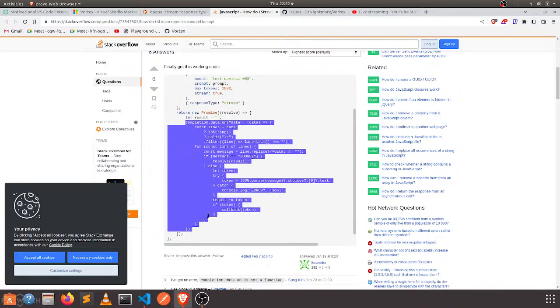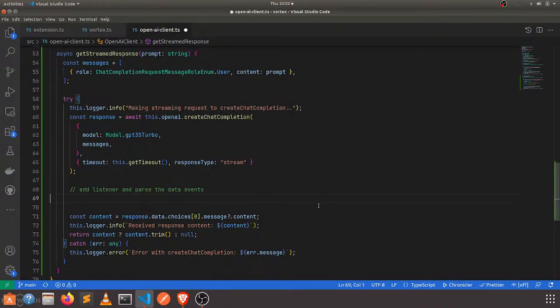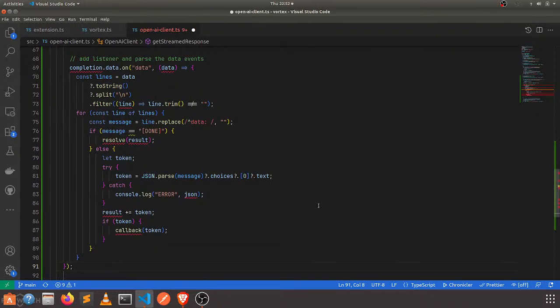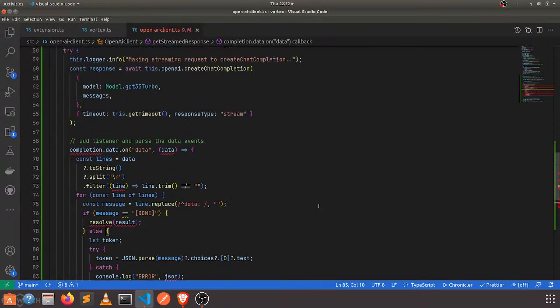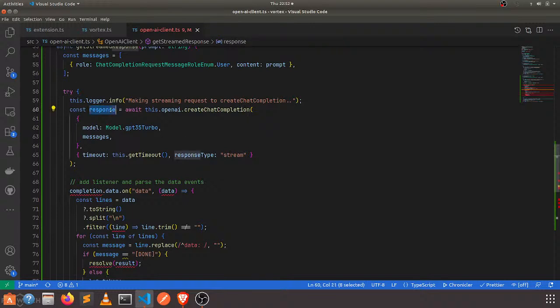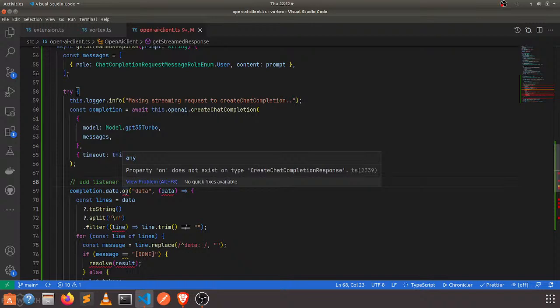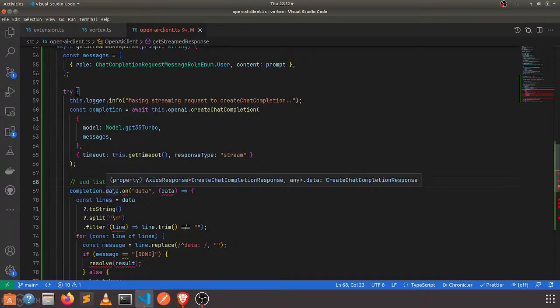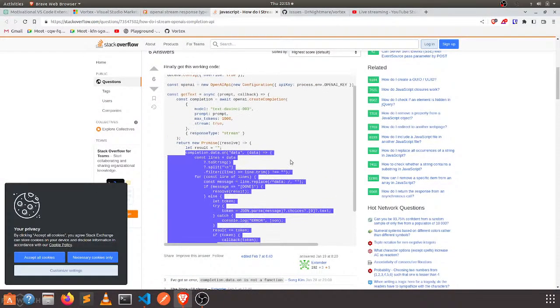This is the portion of code that we are interested in. We're just going to paste that and adapt it to our implementation. Let's see. So it says completion here, which actually makes sense. Why do I even call this response? Okay, let's make this completion. Okay, so if you have an Axios response, so maybe we should not be so